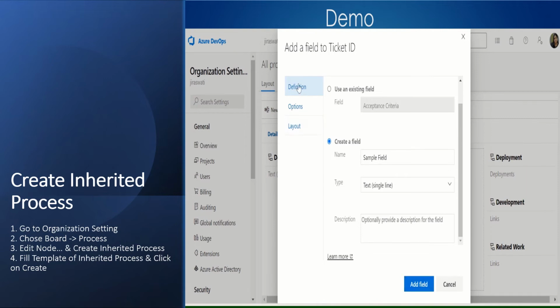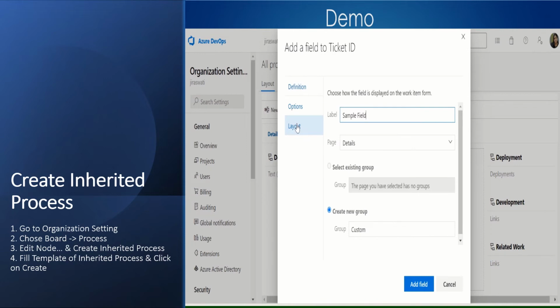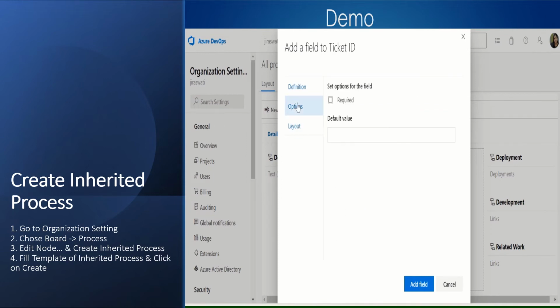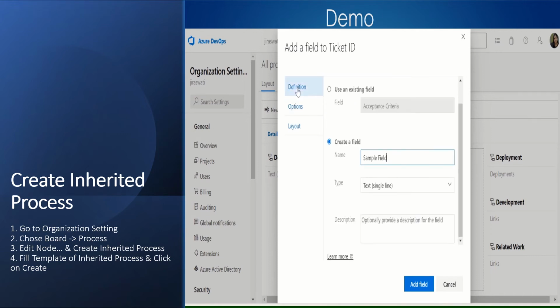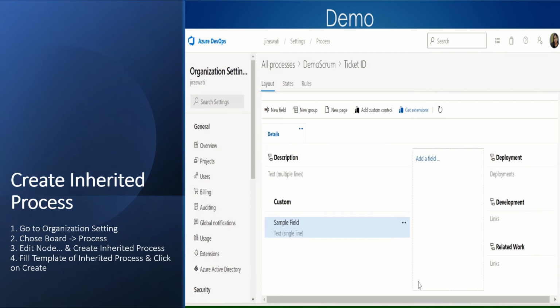We are doing this in the definition. If you want, you can also click this layout and choose this option, wherever it is required as per your project. See, the sample field is here. If you want, you can also edit or remove it.